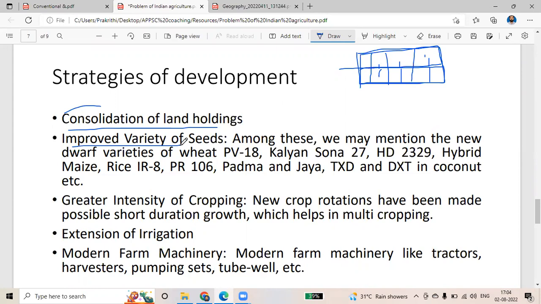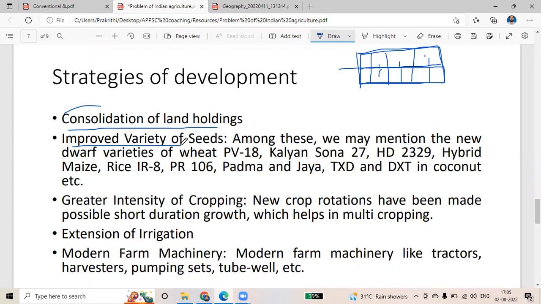It brought them in wheat, and in rice as well. Even now, as a strategy, we are trying to bring improved varieties of seeds which can overcome the problem of rainfall, the problem of climate. How will it overcome that? By bringing this kind of seed. Or even if the soil is not that fertile, these high yield variety seeds get the strength to overcome it. So there are always innovations in these improved varieties of seed.